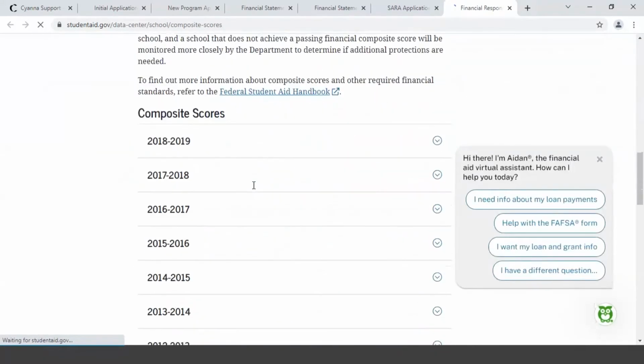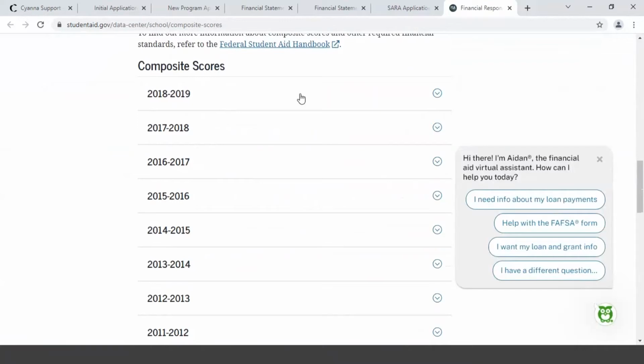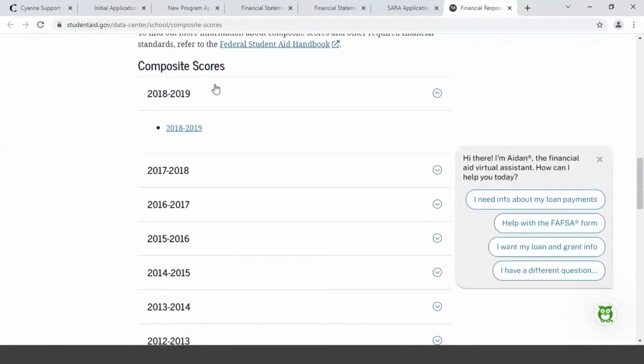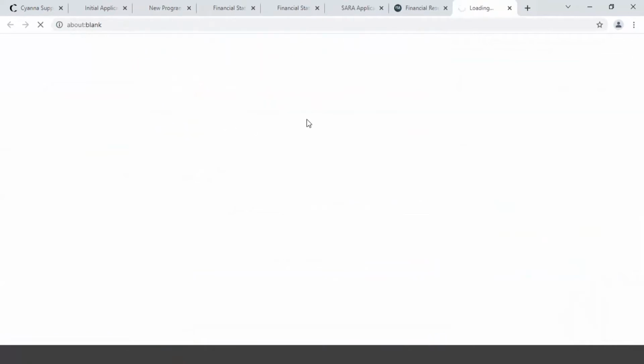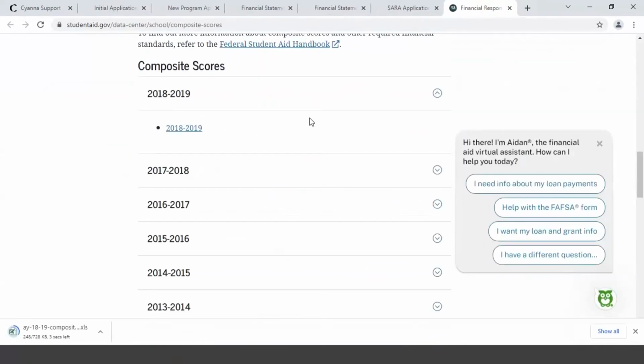I think it's 2018, 2019. So you can just go ahead and open that and find your institution on this listing and just save that line. And that can be your evidence of meeting your financial composite score.